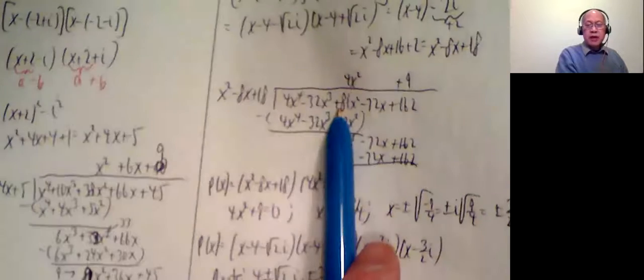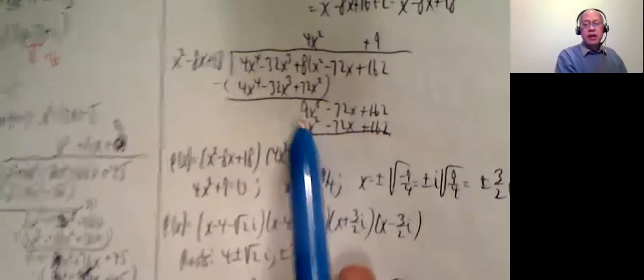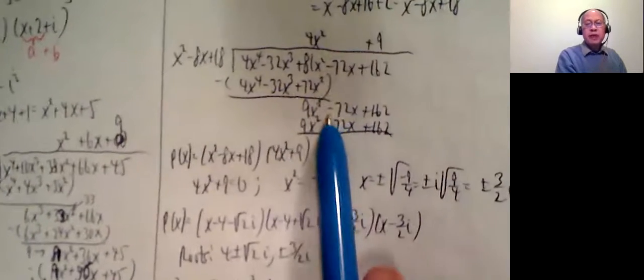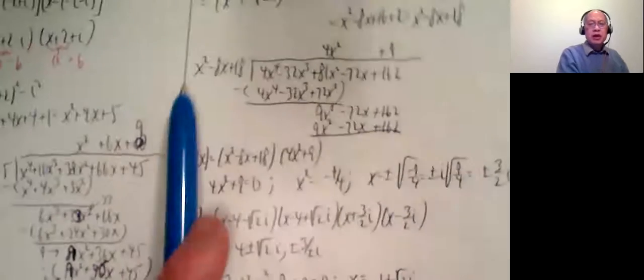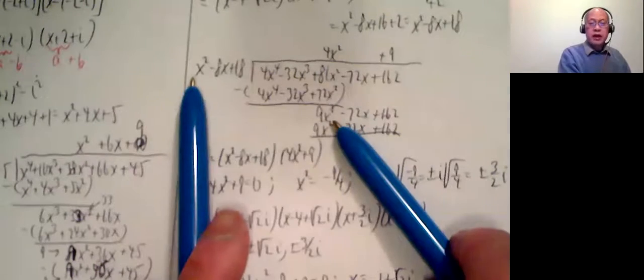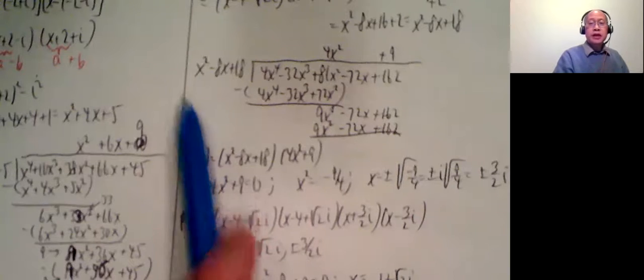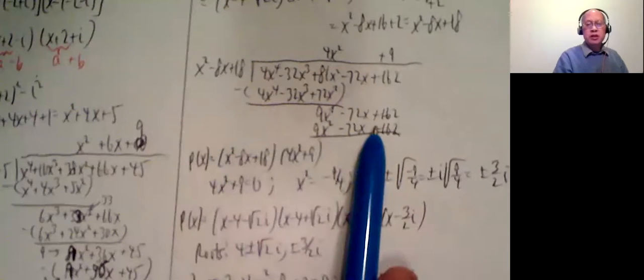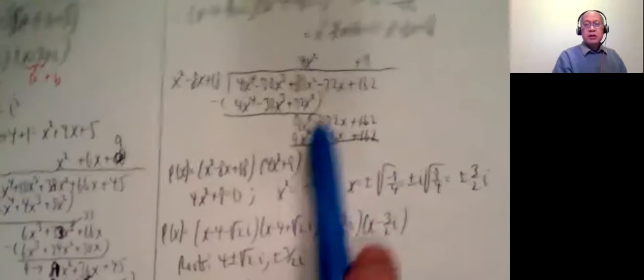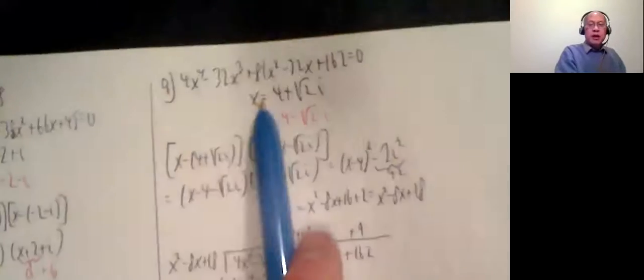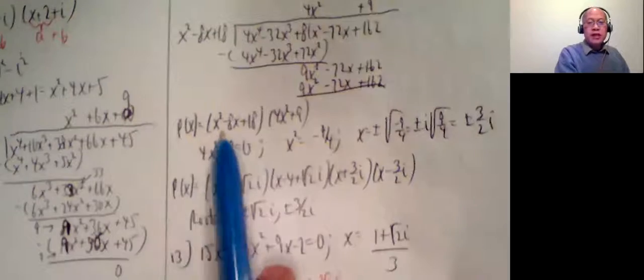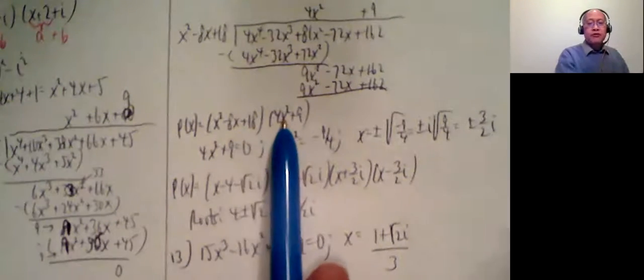That cancels out. 81 minus 72 is 9. 9x squared, bring down the rest, minus 72x plus 162. How many times is x squared going to 9x squared plus 9? 9 times this whole thing is 9x squared minus 72x plus 162. Perfect. So I can write the original polynomial now as x squared minus 8x plus 18 times 4x squared plus